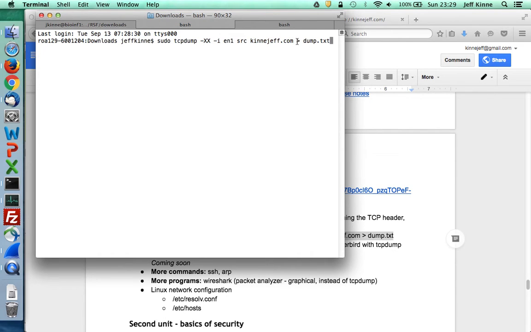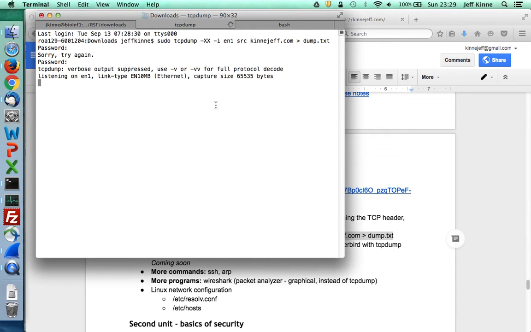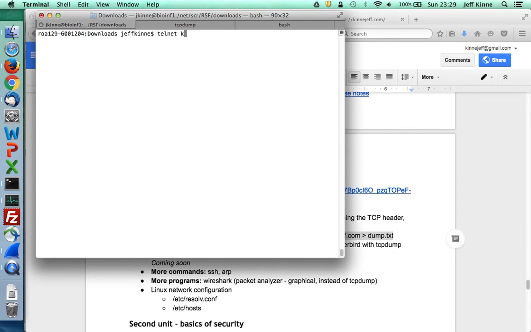Okay, and then we're going to dump the output into dump.txt. Once I run that, I want to be ready to go. That was asking for my password because I'm doing sudo here on the Mac, and that is running as root. Okay, so I'm going to telnet kennyjeff.com on port 80, and then I'm going to get